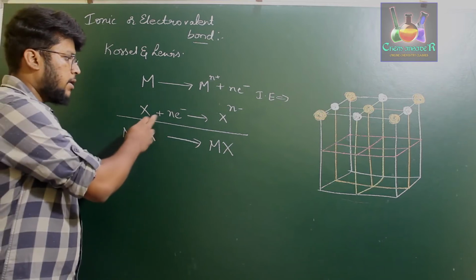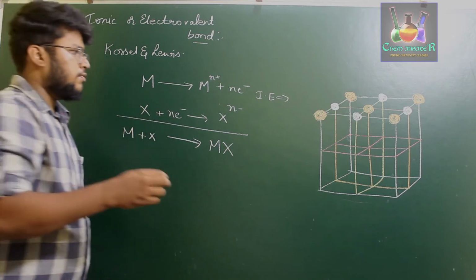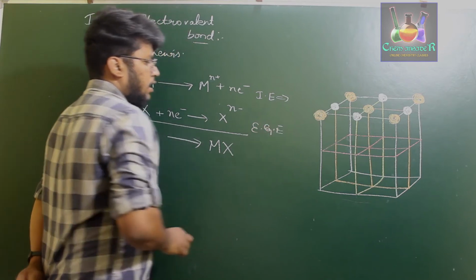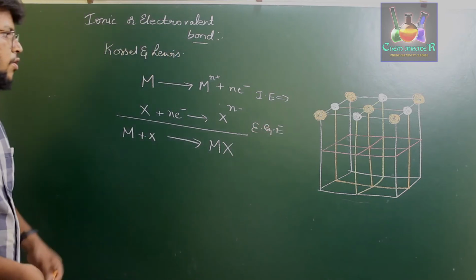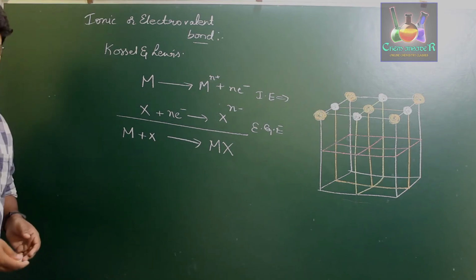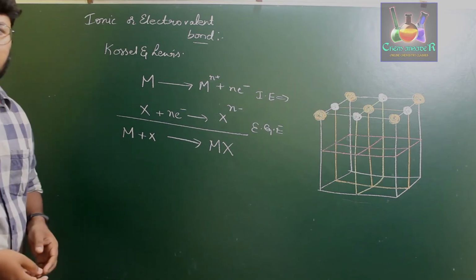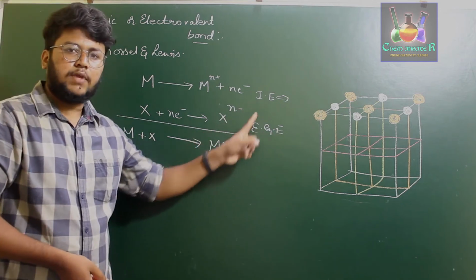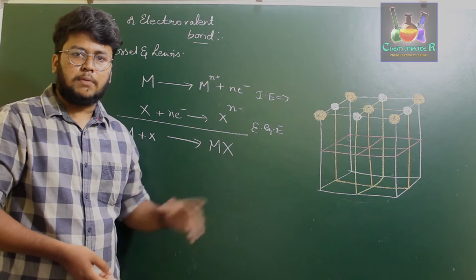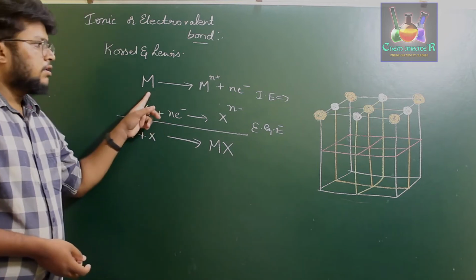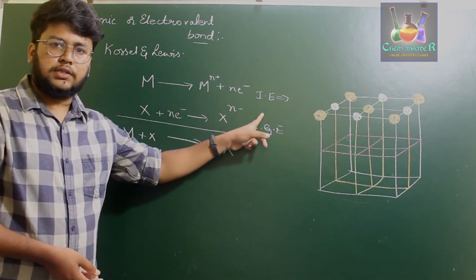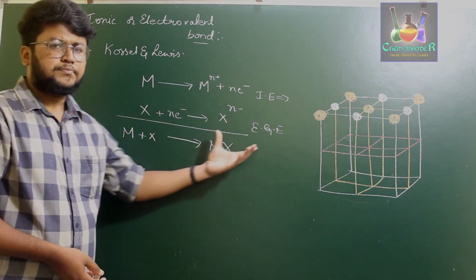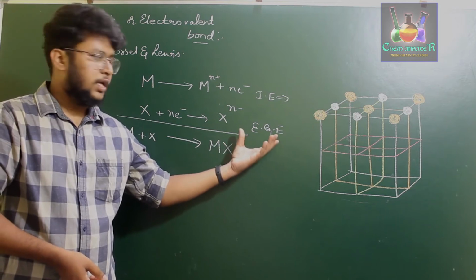Next, if an element has to gain an electron, there we come across a concept called electron gain enthalpy, right? So, for an ionic molecule to be formed with an ionic bond, there are two energy terms involved. One is ionization enthalpy and the other one is electron gain enthalpy. The metal has to have low ionization enthalpy, and the other element should have a very high negative value of